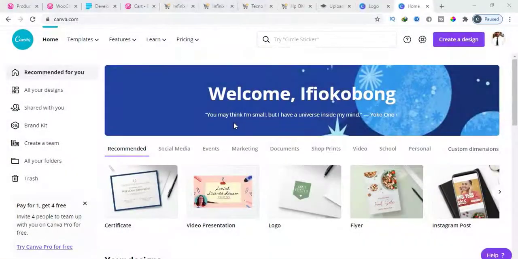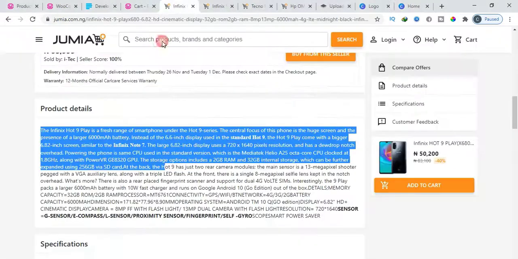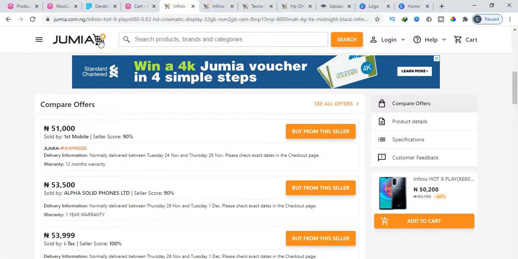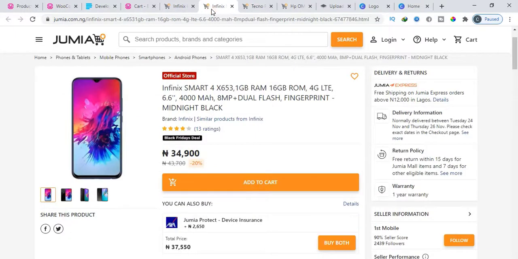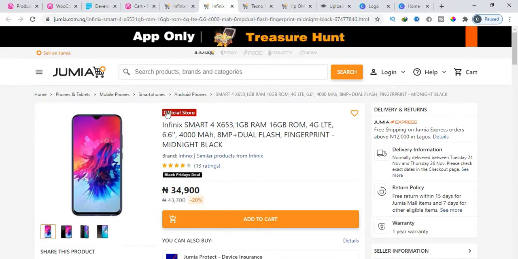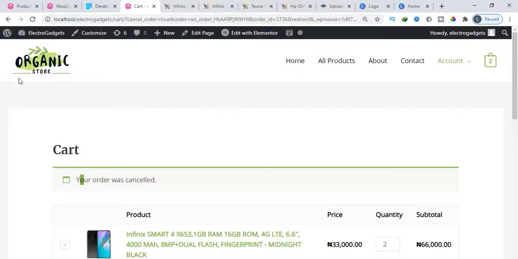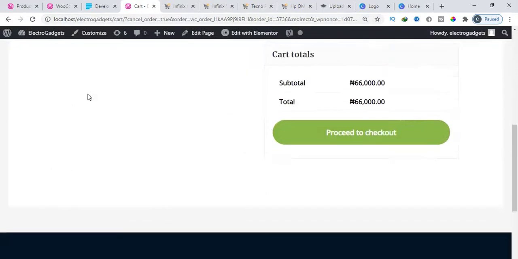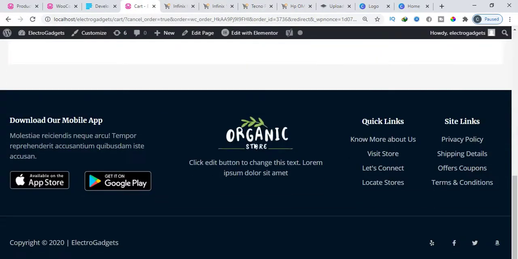In this lesson, we are going to see how to customize a logo before giving it to our clients. Every website should have a logo. For example, Jumia has a logo here. If you visit most popular companies like Apple, Amazon, Facebook, they have a branded logo for their company. So it will be very nice if we can change the default logo that came with our store to the logo which we want to use.